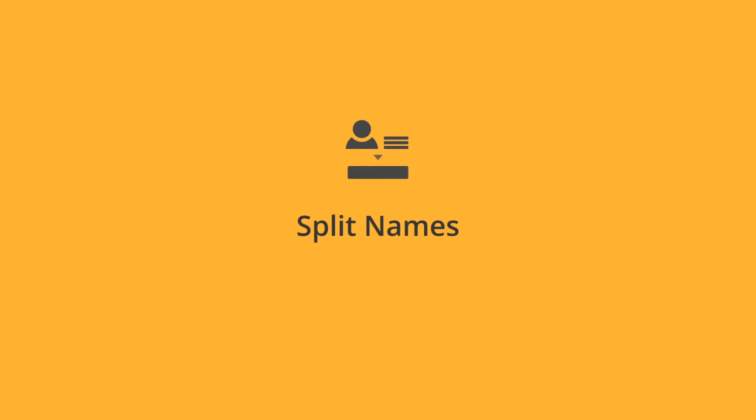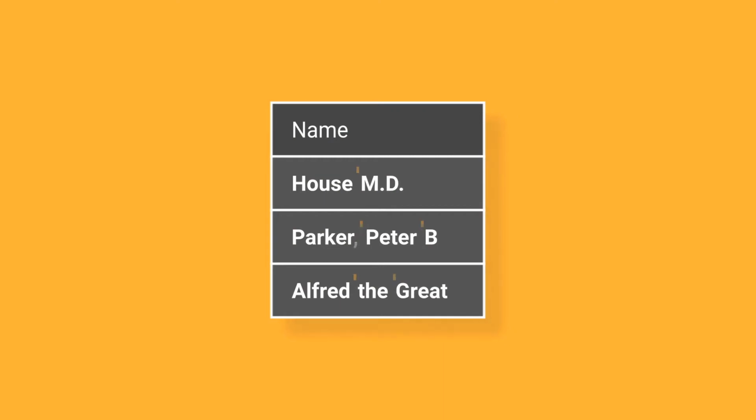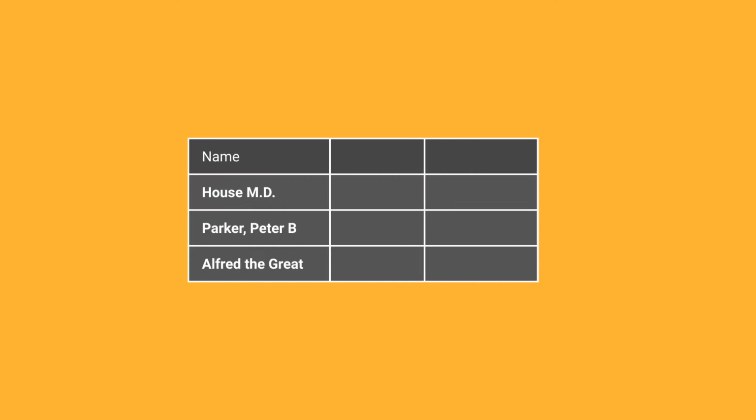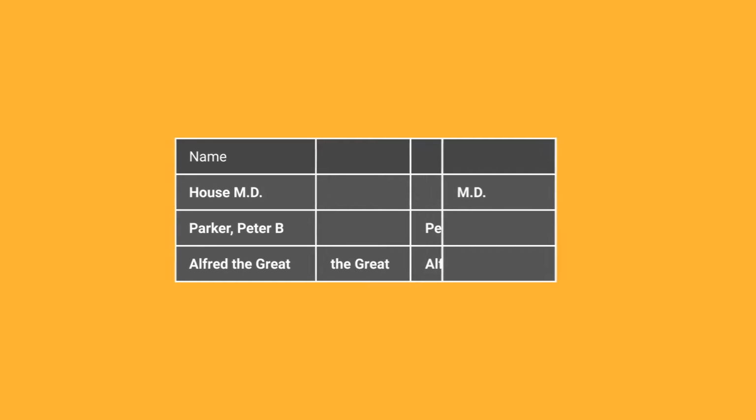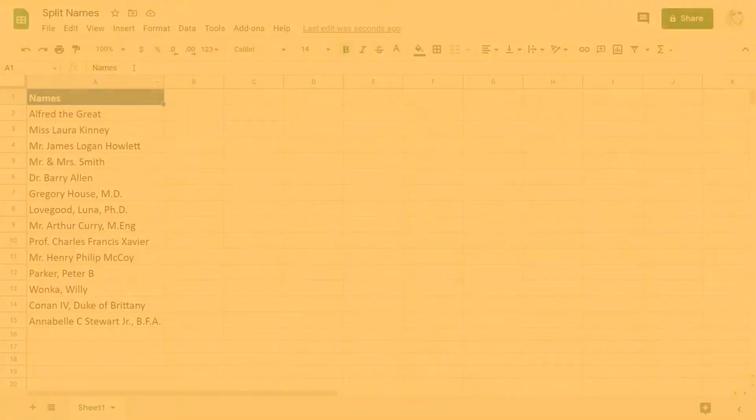Split Names is a one-step tool that separates the first and last names in Google Sheets. Not only does the add-on see all delimiters and split text to columns, but it also recognizes titles and postnominals, tells the first names from middle and last names, and separates all name units to their designated columns. Let me show you how to split any name combinations using this tool.